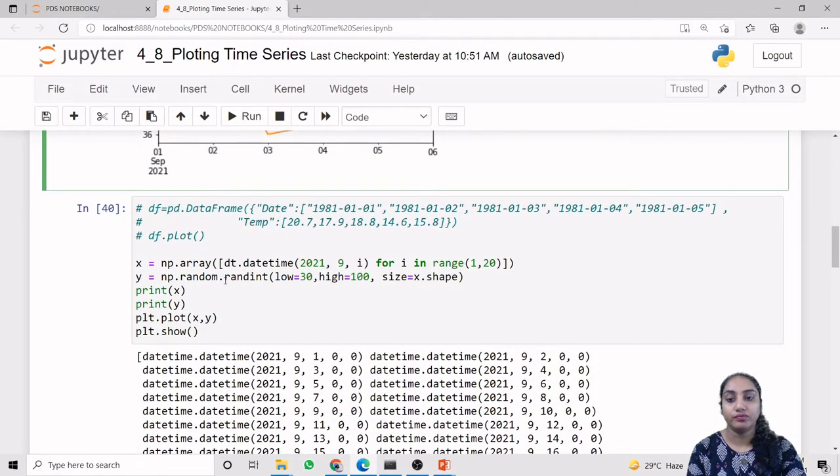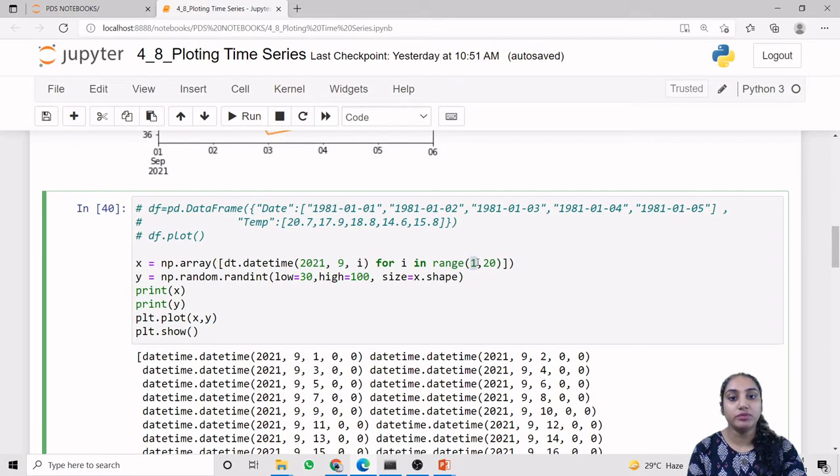Now if we are generating our data using np.array, this is the np.array in which we use the datetime method with year, month and date. Obviously our date will come from 1 to 31 maximum.